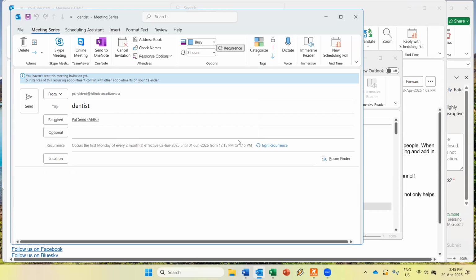So five of these instances, there are only going to be five more because it's every two months, right? And so every one of them conflicts with something already on my calendar. Oh, wow. Now the thing that bothers me about the way Outlook handles series of appointments is